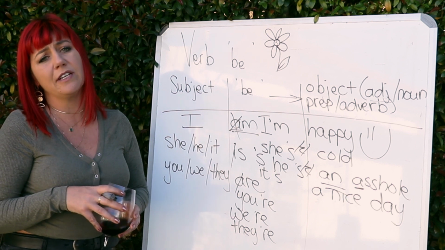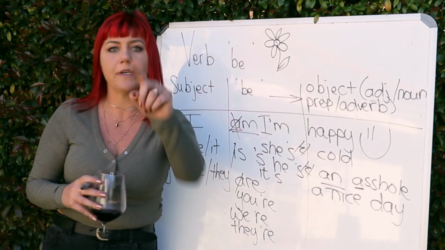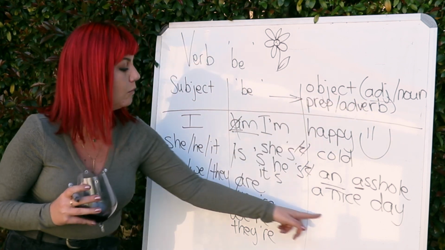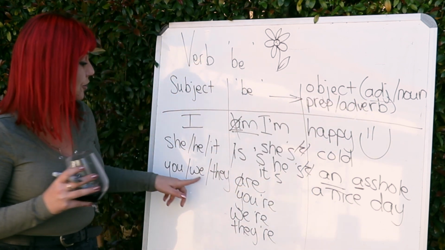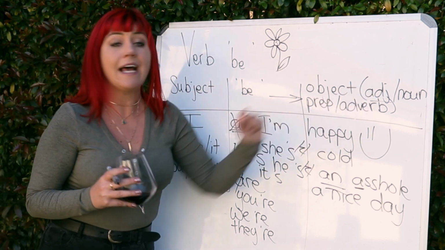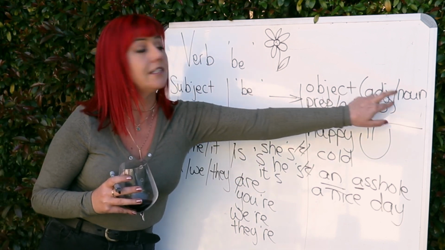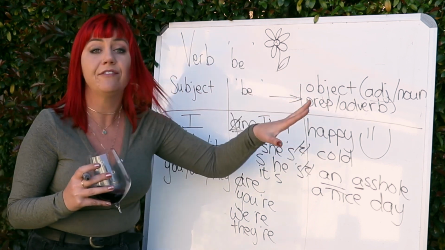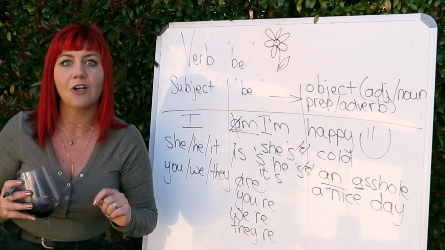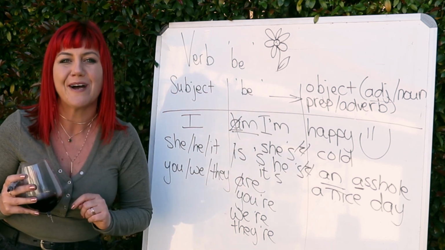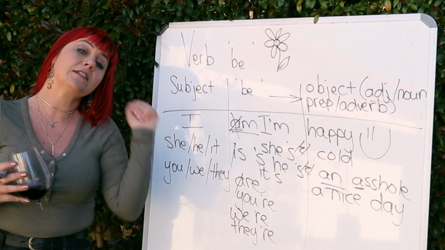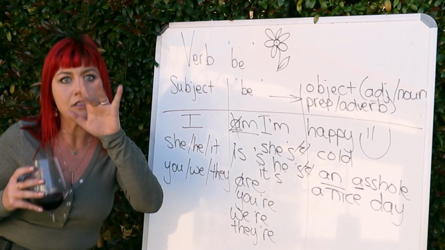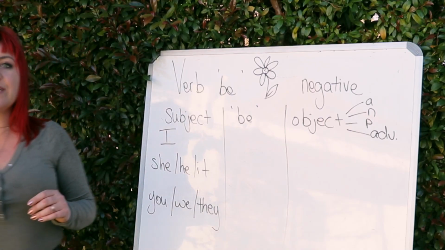Okay, so guys, I really don't want to do example sentences. You do it. Up to you now. Find an object. So think about an adjective. How will you finish the sentence? I want you to think about maybe making an adjective or a noun, an adjective noun, or a preposition or whatever. Finish it all for me. Write it in the comments and I'll tell you whether you've been correct or not, okay? I'm going to take 2 minutes. We're going to clean up and we're going to do it in the negative.